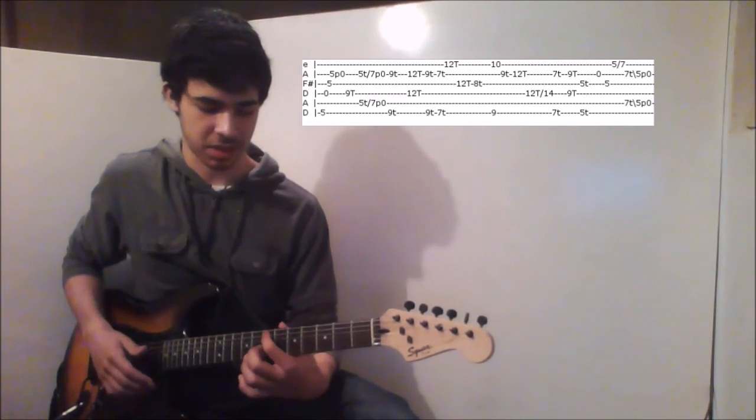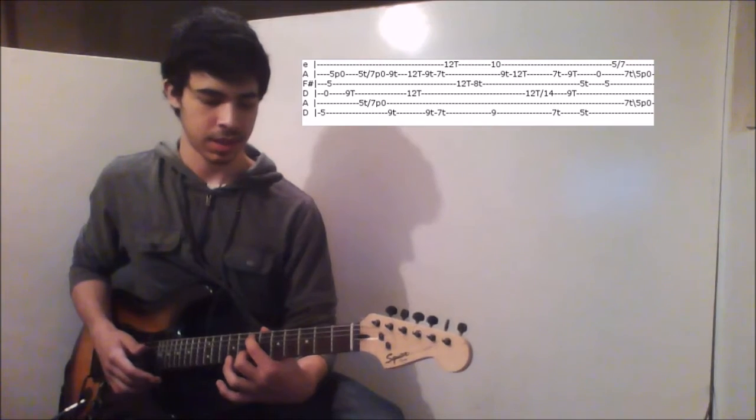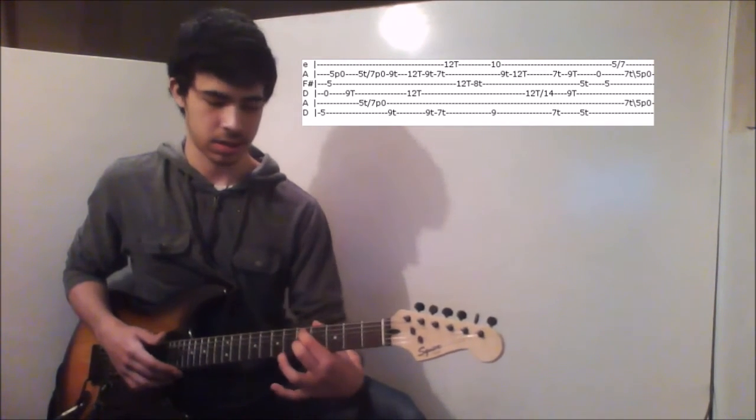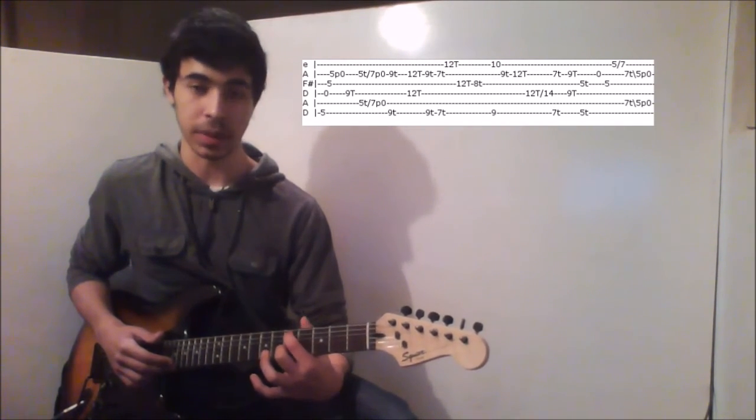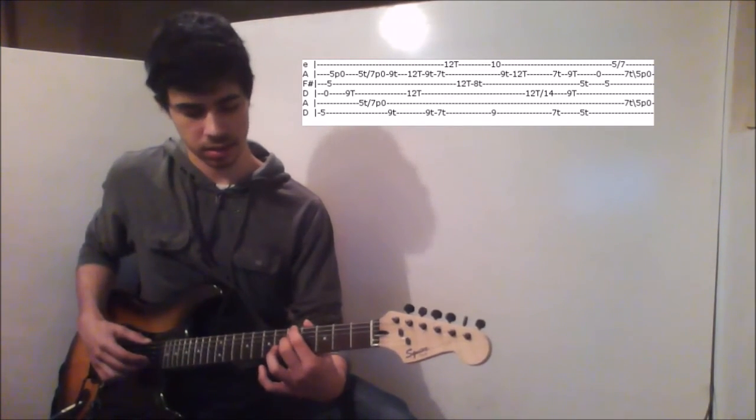Then your left hand taps the 7th of the 2nd and the 5th strings. Then you slide that down. And then you pull that off to open. So that little bit is...